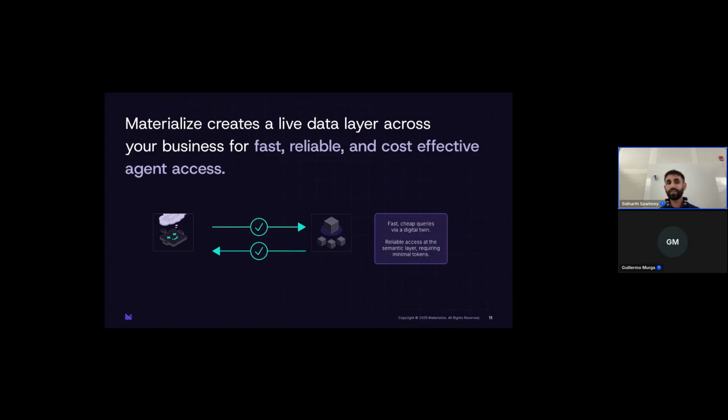Materialize flips this pattern on its head and does the work when it comes up. Materialize keeps these views of your business up to date, which you can think of as your live data products. And then when something changes, that incremental work is done immediately by Materialize, such that when an agent needs it or you need that data, it's available and ready to use. So the shift is from where the work is done to when it's done.